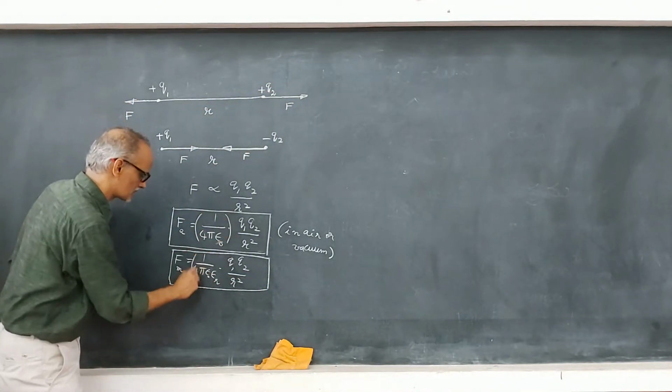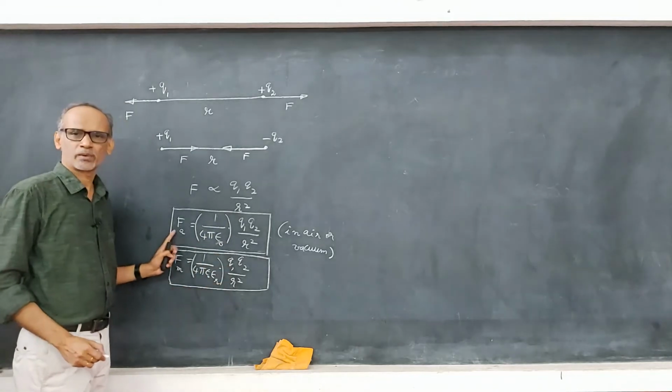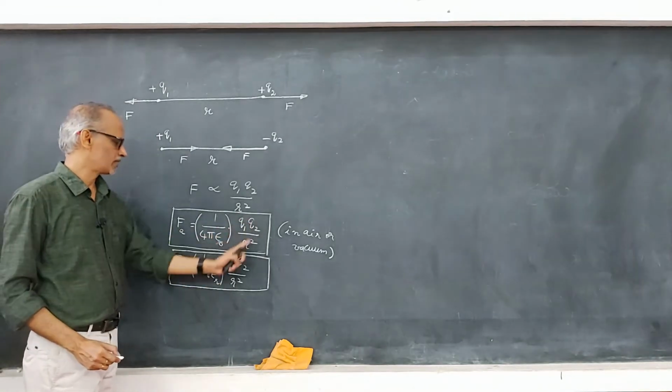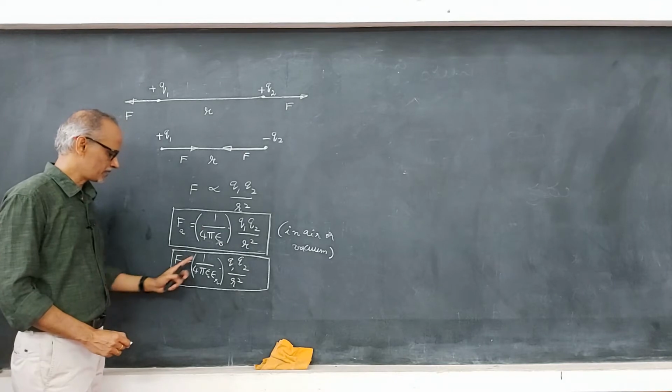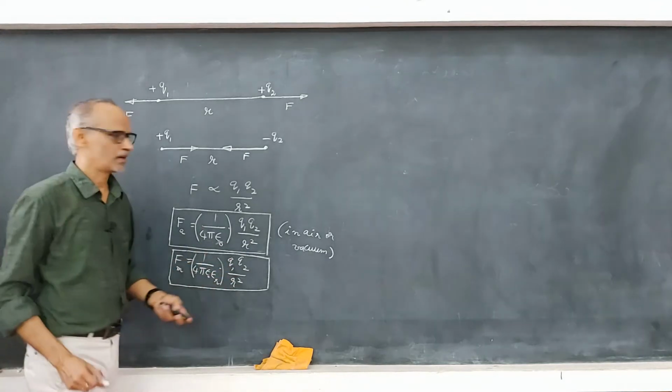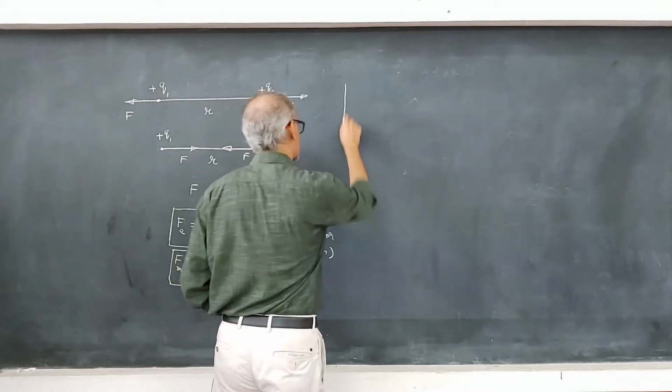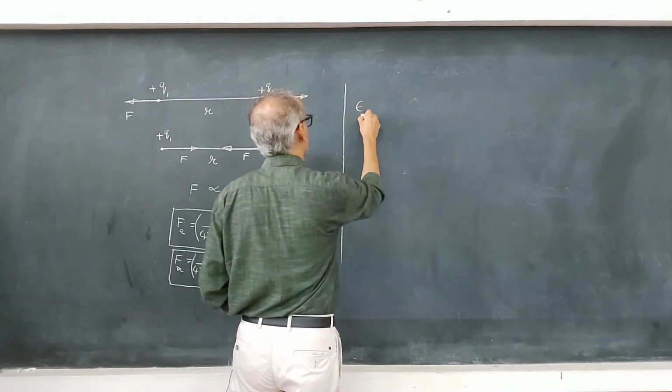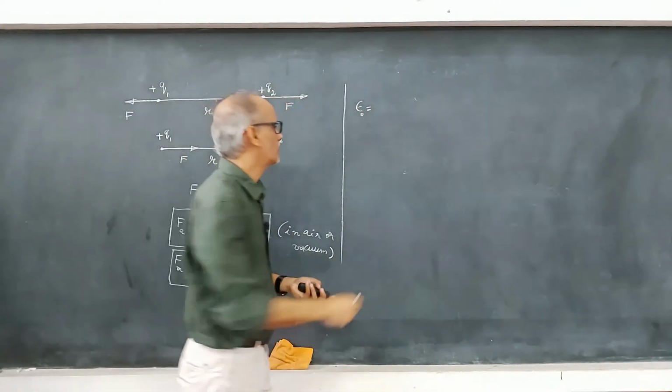In air, the equation is 1 by 4 pi epsilon naught Q1 Q2 by R square, whereas in a medium, it is 1 by 4 pi epsilon naught into epsilon r Q1 Q2 by R square. Now, let us start with epsilon naught. What is epsilon naught? This epsilon naught is called